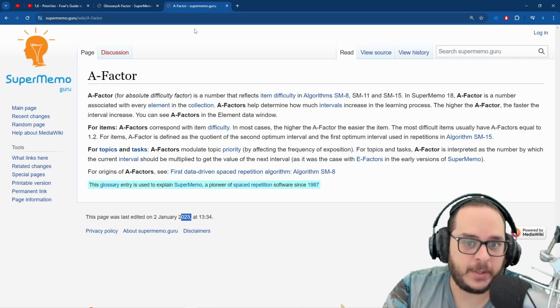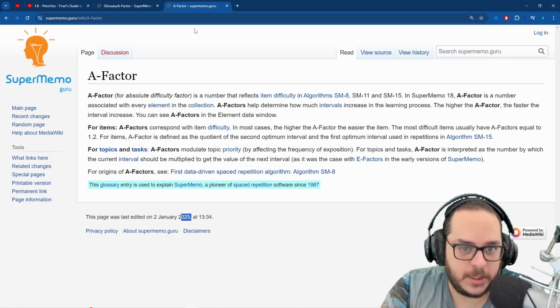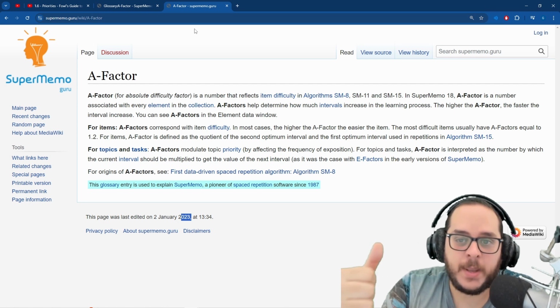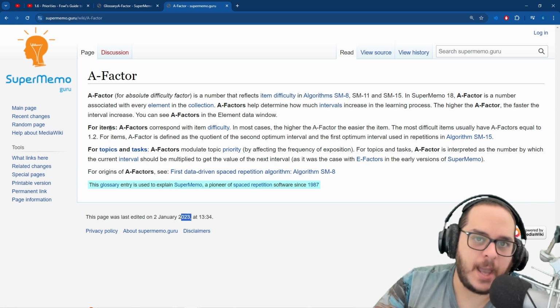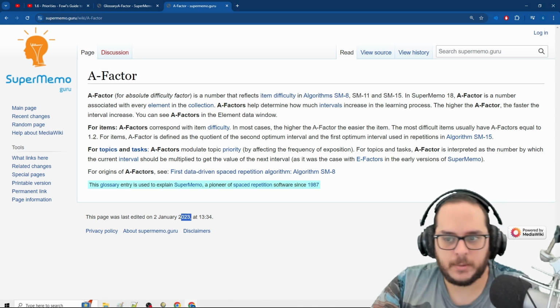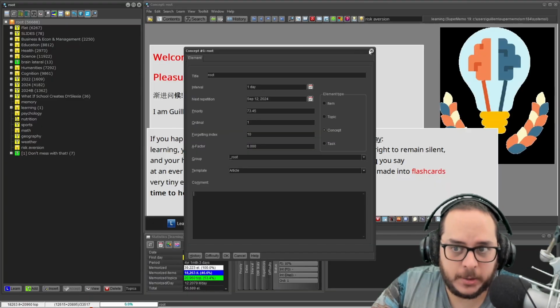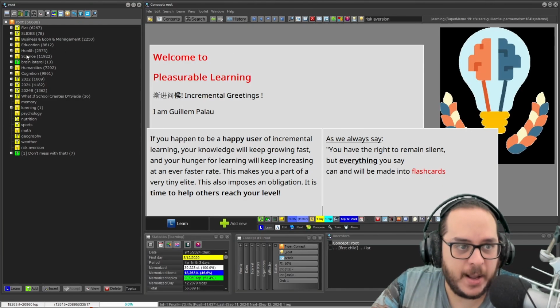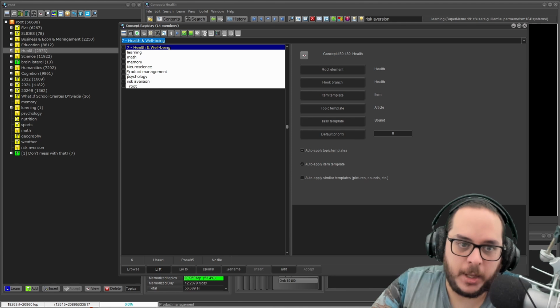Now let's start defining what A factor is. It's a property of an element. We know that because we have the element parameters window. So it's a parameter or a property. It can be topics, as we have seen, tasks, items. What about concepts? It's not there, right? Concepts don't have A factor. Well, by default in Supermemo, when you have a concept and when you create concepts from the registry, remember that you can create them here,